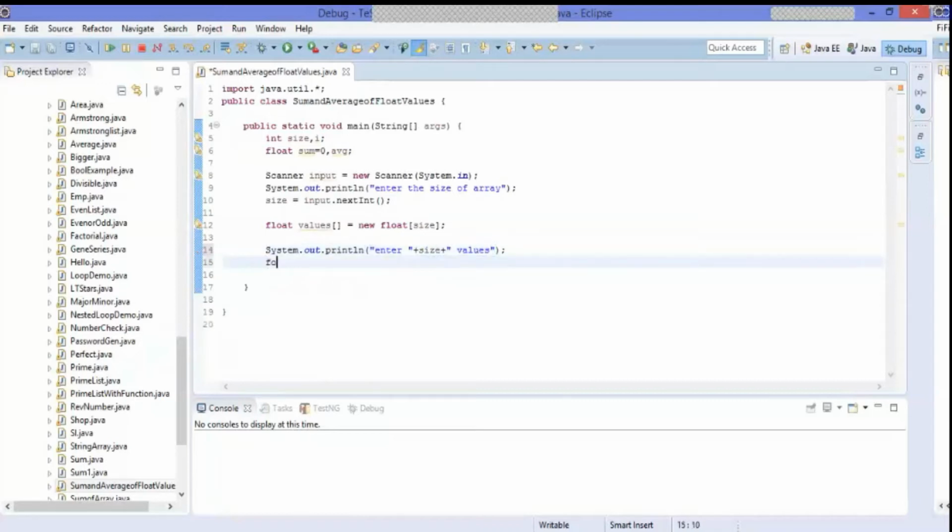So now, whatever data he entered from the keyboard, we need to read from the keyboard. For that we are using a for loop, because we have more values. So for i equal to 0, array index always starts with 0 and ends with size minus 1. Ends with means i less than size, so that it stops at size minus 1, and each time we should increment by 1, so i plus plus. Now within the loop we have to read that value and store